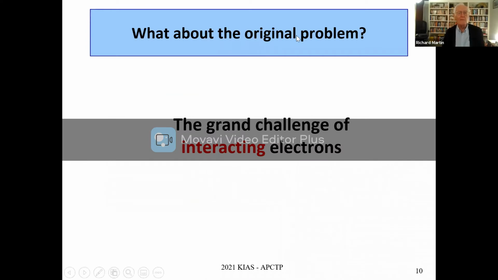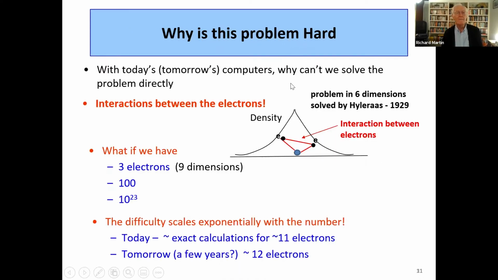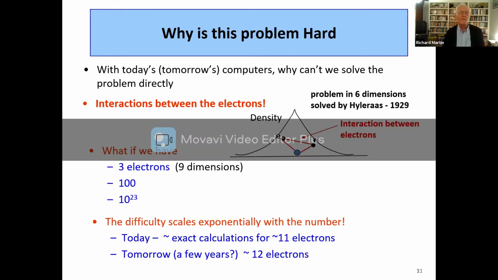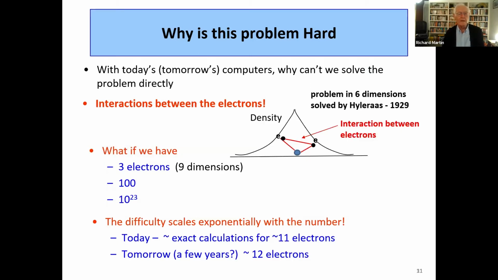So what about the original problem, the grand challenge of interacting electrons? Why is the problem hard? Well, remember we said that in 1929, already there was a calculation for 2 electrons, which means a 6-dimensional problem for 2 electrons in 3 dimensions. What if we have 3 electrons, or 100, or 10 to the 23rd? The difficulty scales exponentially with the number of electrons, and even the most powerful computers today can't solve the problem